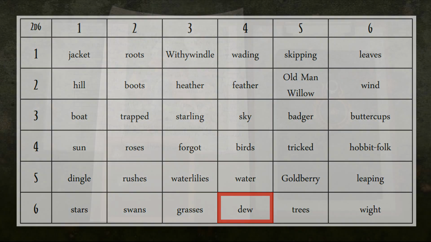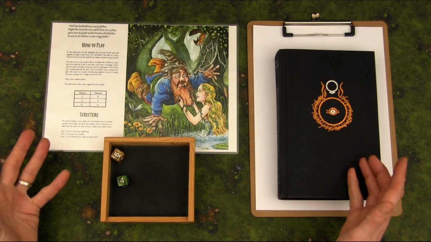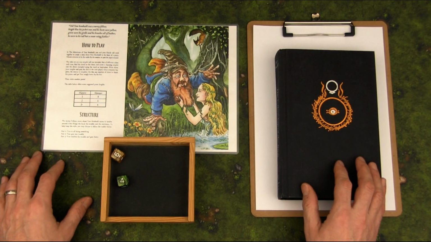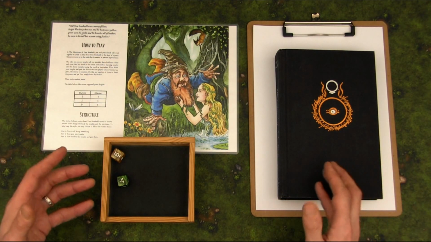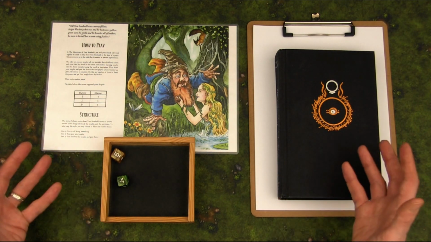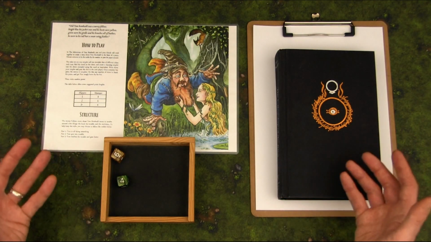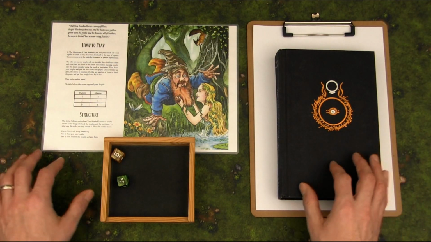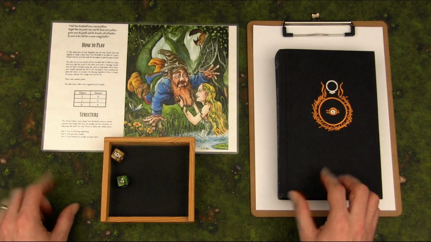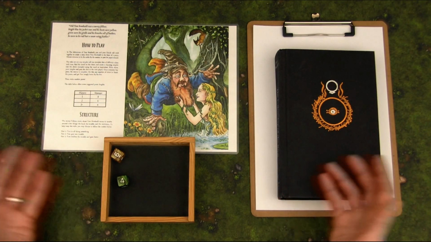Well, there you have it, folks. A Song of Tom Bombadil in the spirit of Tolkien, but obviously not with the same level of skill as Tolkien. This was a really fun game to try out. I would love to try it out with more people at a party, perhaps, where you could pass a paper around and people could add on lines to the story, to the poem. And maybe even when you're finished, you could all sing it together to the tune of some other song that everybody knows. This could be really fun in a larger context, but a really great little game to play solo as well. I've really enjoyed it. A nice little break from the busyness of daily life to sit down and come up with a silly Tom Bombadil song.